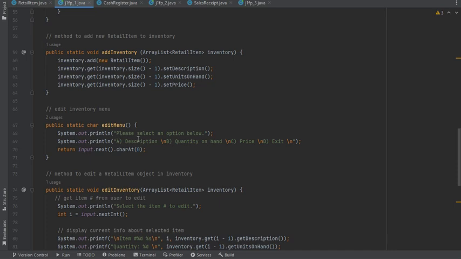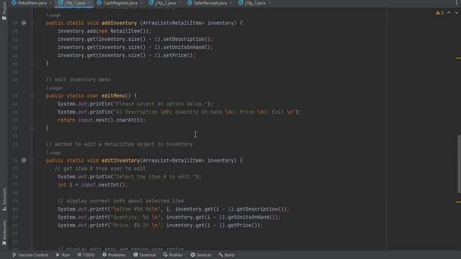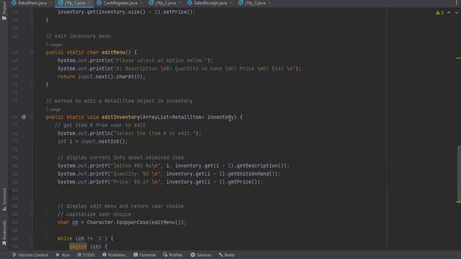The options are the specific variables in the data field for a retail item class or object. So the description, quantity on hand, or price. So that comes into play in my edit inventory